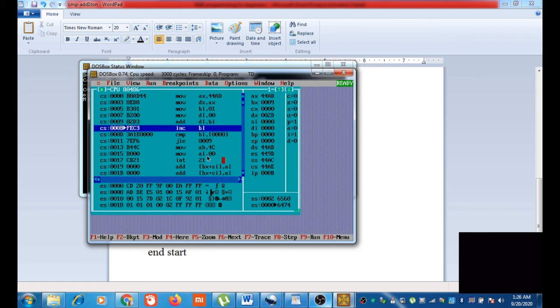We are incrementing BL. It has become 10 now. Comparing BL, N. BL is 10, N is 10. Less than or equal, that condition works. ADD DL, BL will work again. See, we got the answer 37h, that is 55. Incrementing BL, it has become 0Bh. Comparing, then jump on less than or equal, it won't work. We are coming to termination.